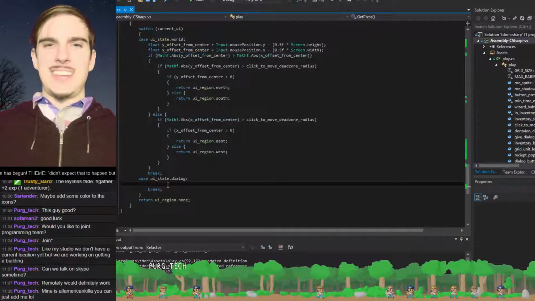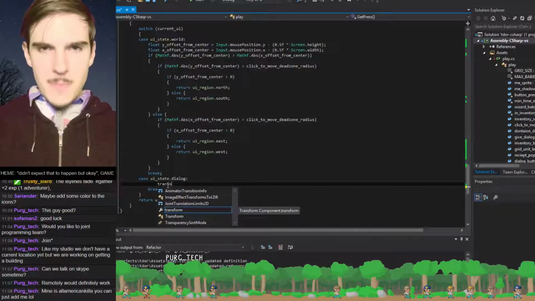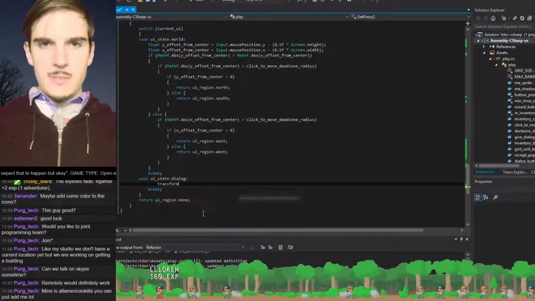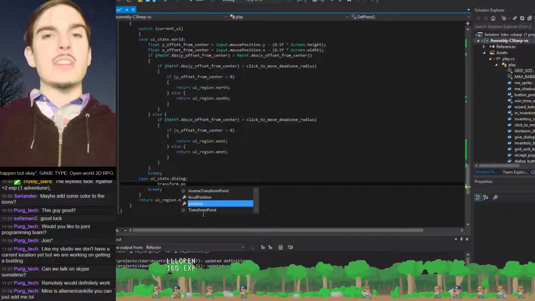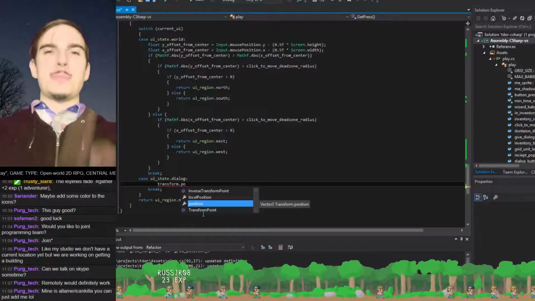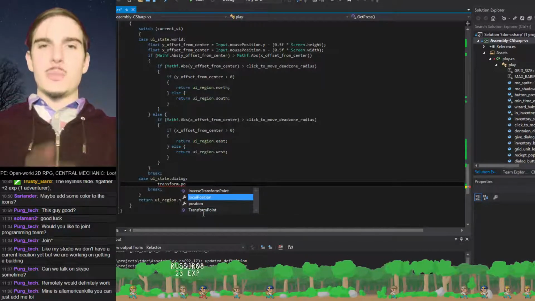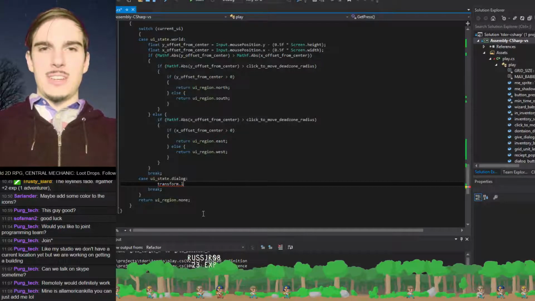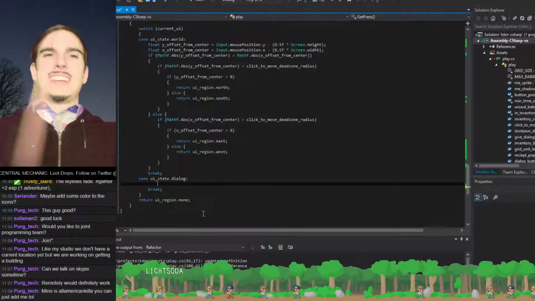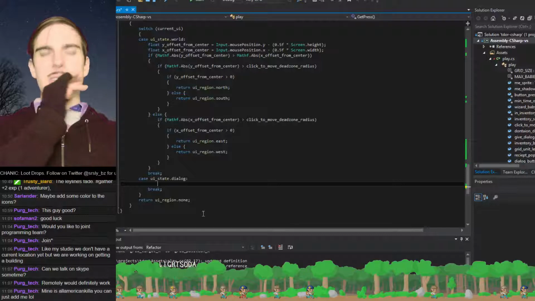I forget. Transform dot, oh no, I think transform dot position. Yeah, no. Transform position is world position. Local position would be the alternative. So yeah, whoops. No, I don't want that. Okay, cool. Because what I want to do is I want to